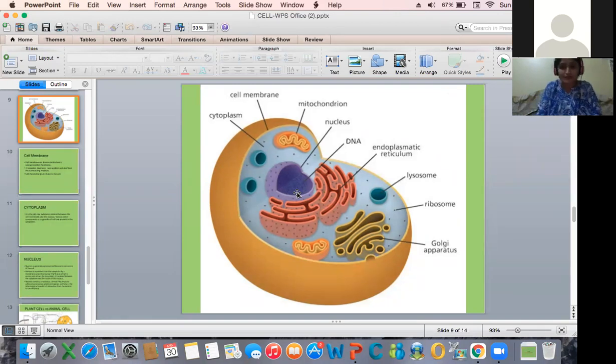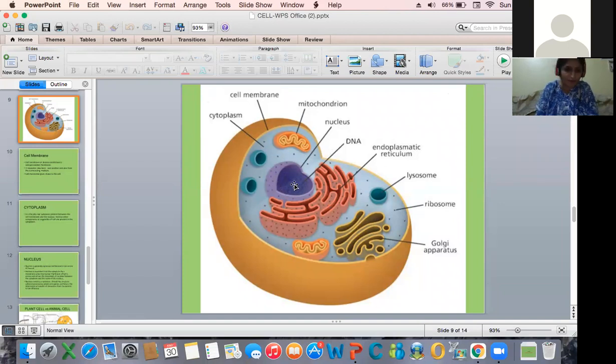We have a question from Madhu: does the cytoplasm protect the parts of the cell? Yes, it protects also. You can say it protects the different parts of the cell, because all the parts are embedded in it, and it is a jelly-like substance. But actually we don't have such a point that it protects; we say that all the organelles are embedded in the cytoplasm. It contains all the organelles.